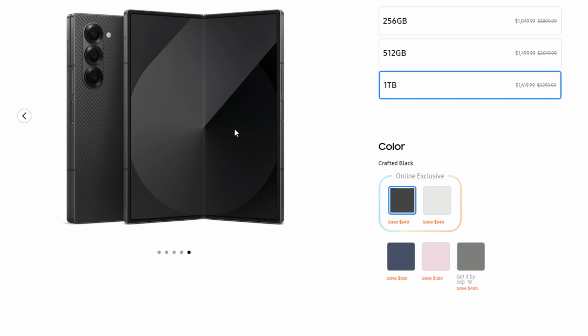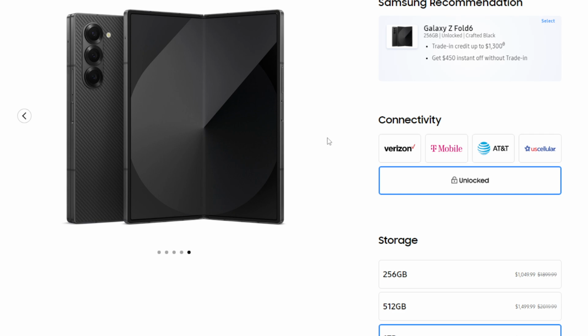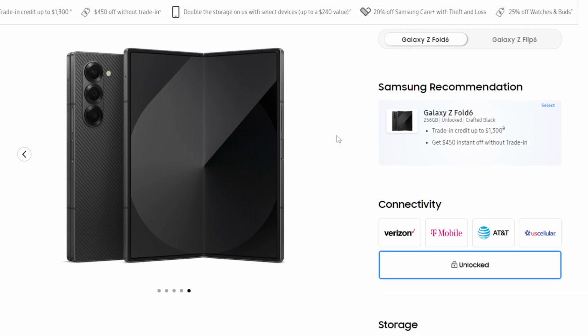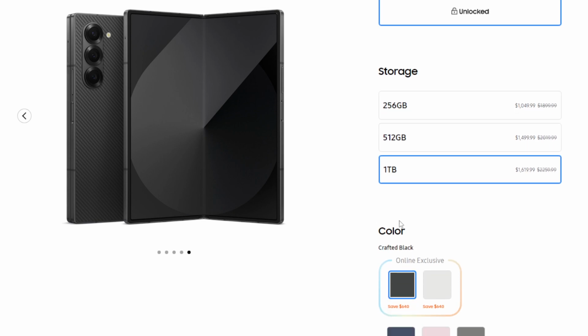This is not surprising at all. Samsung is giving a humongous discount to the Z Fold 6. Now you might say, is it a discount with the factor that you have to trade something in? No, you do not. This is a no trade-in clause. So you can get an unlocked Z Fold 6, 1 terabyte, for